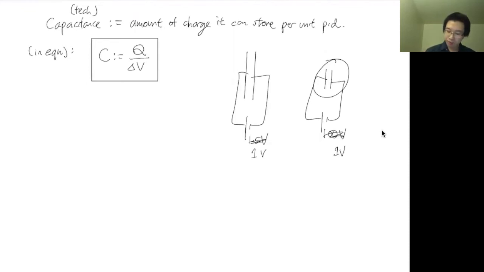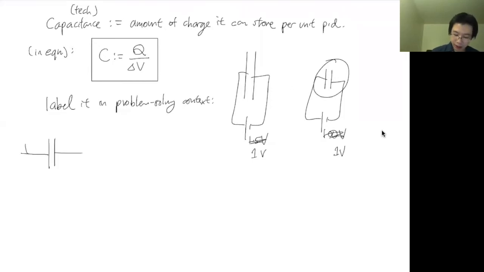And also, the next thing I would say is, how do you label it in a problem solving context? This is the best way to label it, just like how you label a resistor. To label a capacitance, I would put a delta V across it like this. That's the best way to think about it, because potential difference or voltage is always across 2 points. Let's say this has capacitance 1, so I can label it C1. So, if I have more than 1 capacitor, as we'll look at very shortly, like this.